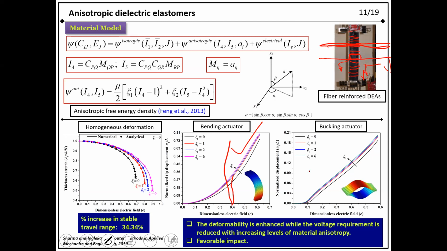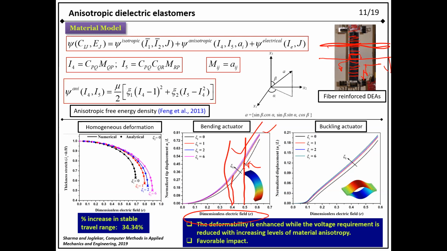For example, if we talk about, let's say, 0.5 voltage. Okay, so this is something which defines the voltage. So this is the case, the black one is the homogeneous case, or the case of isotropic material, when there are no stiffeners. And these are the cases for the anisotropic material.